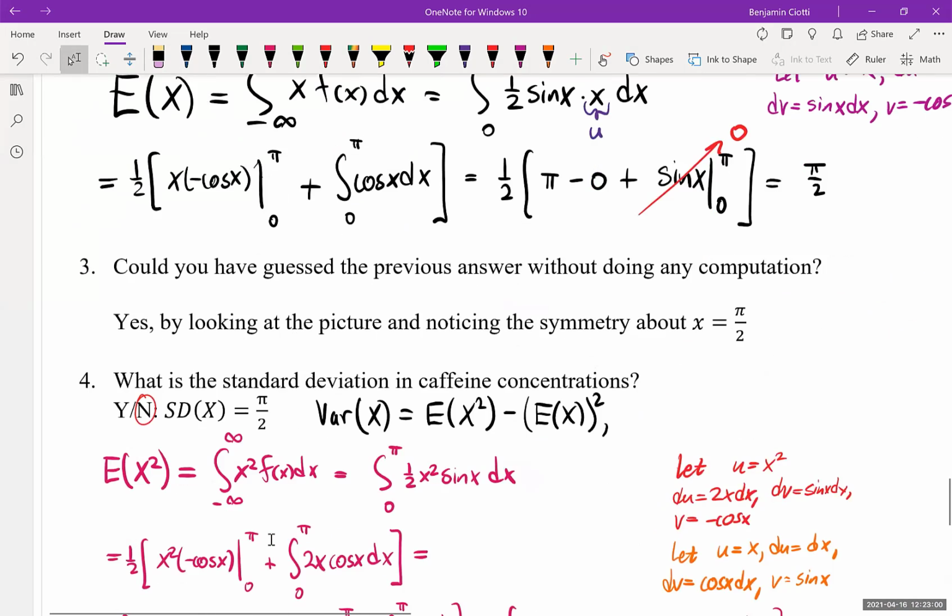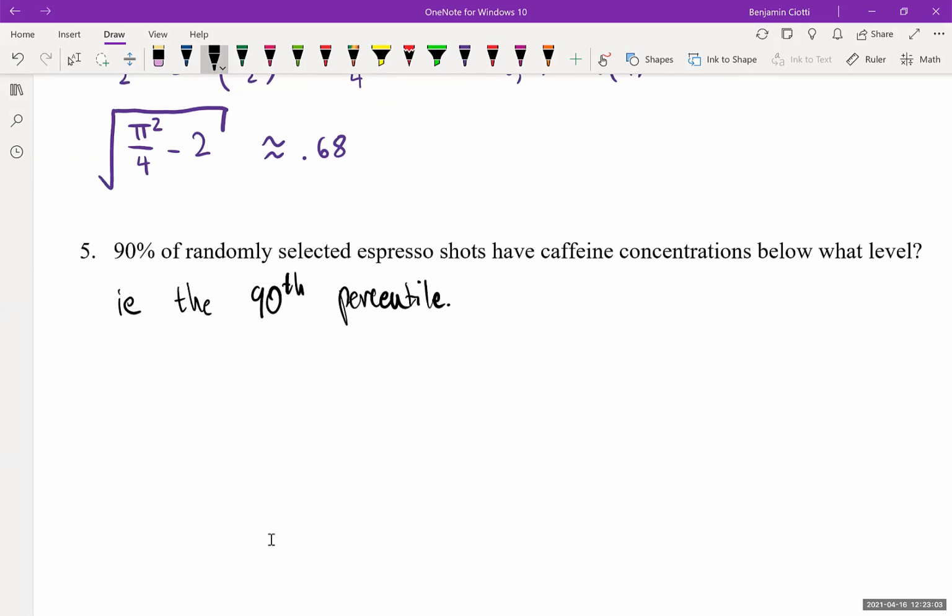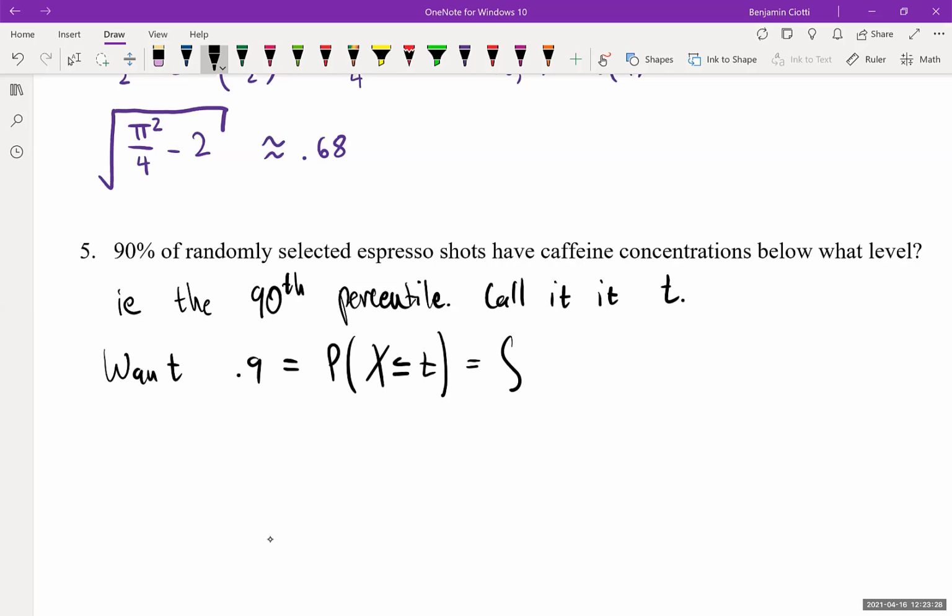Okay, good. So let's set the integral to be 0.9 and set the upper limit to be this as yet to be determined number. Let's call it t for the moment. So we want 0.9 to equal the probability that capital X is less than t. But that, by definition, is the integral from negative infinity to t of f of x dx, which is, since f is 0